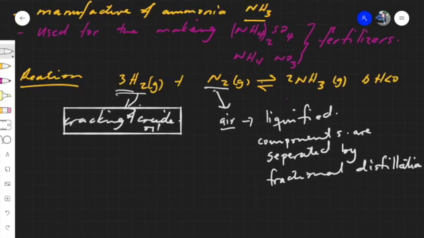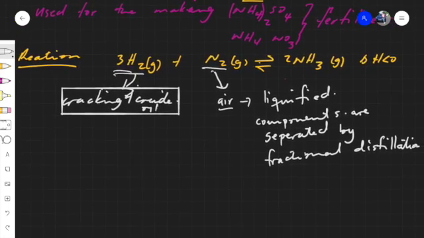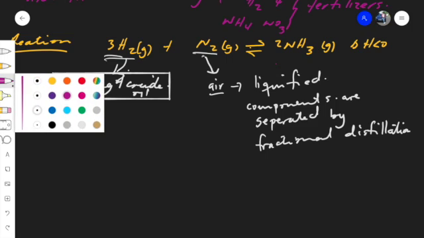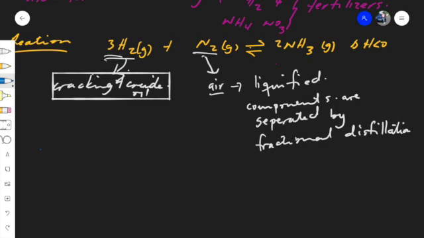So let's talk about the manufacturing process itself. Let's think about this. I need to change this color to blue, it is not very clear. Okay, so what happens if we use a high temperature? We have to think of temperature because it is a reversible reaction. If the temperature is high, what is going to happen? At high temperature,